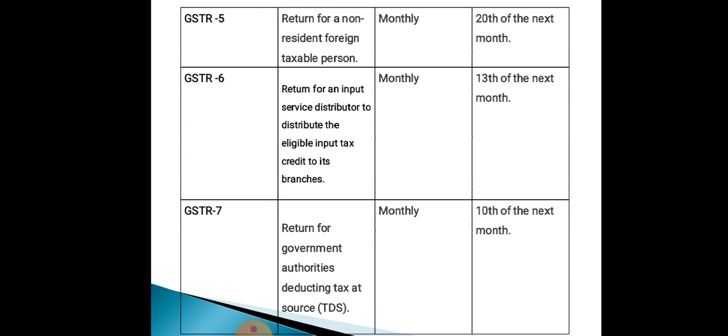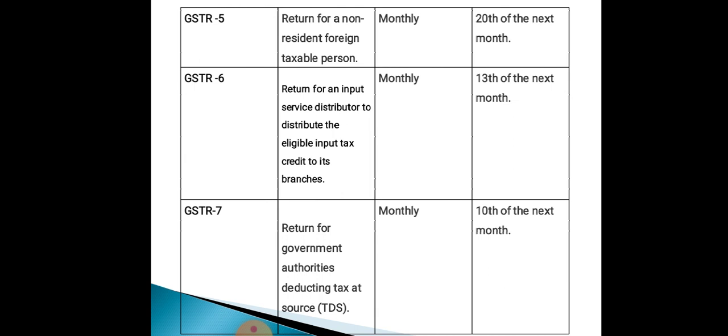Non-resident foreign taxpayers are those suppliers who do not have a business establishment in India and have come for a short period to make supplies in India. Such a person is required to furnish details of all taxable supplies in GST return 5. Why is GST return 5 important? It will contain all business details for the non-resident, including the details of sales and purchases. Information from GST return 5 will flow into GST return 2 of buyers.